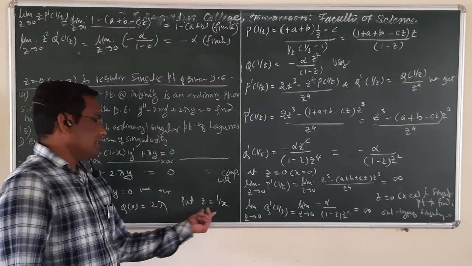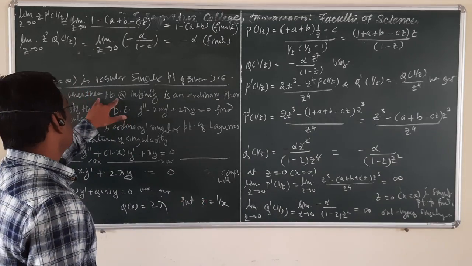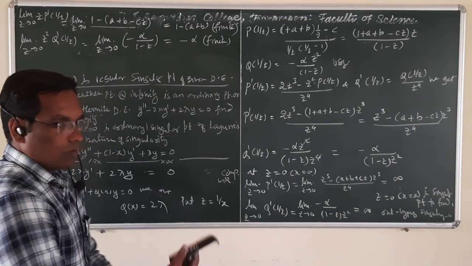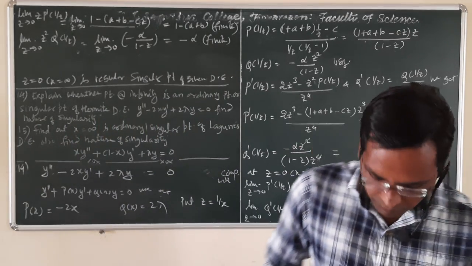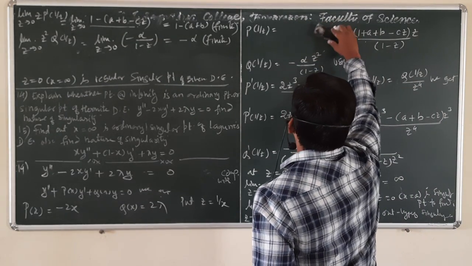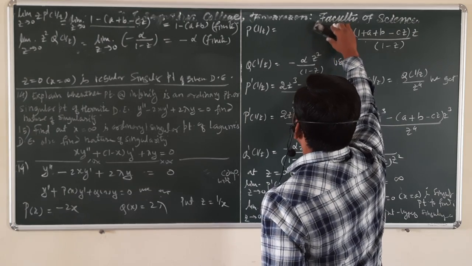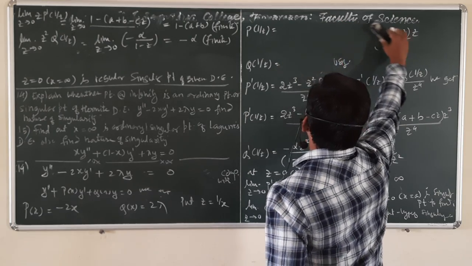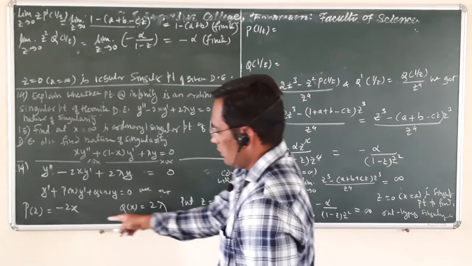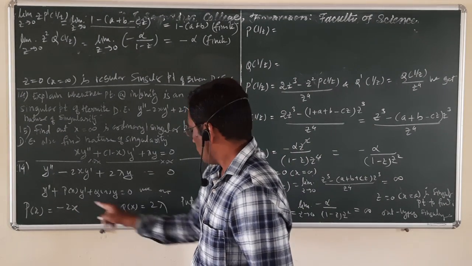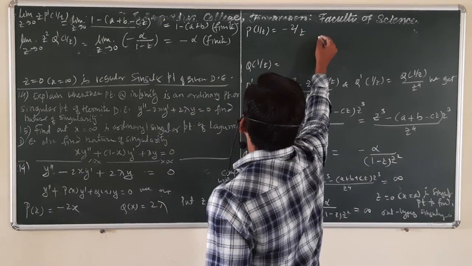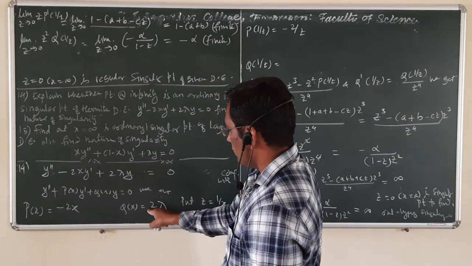So again put z is equal to 1 upon x, because we have to check singularity at infinity. If you put z is equal to 1 upon x, what we will get? So p of 1 upon z, here if you put z is equal to 1 upon x, so x is equal to 1 upon z, so minus 2 upon z, okay, and q of 1 upon z as 2